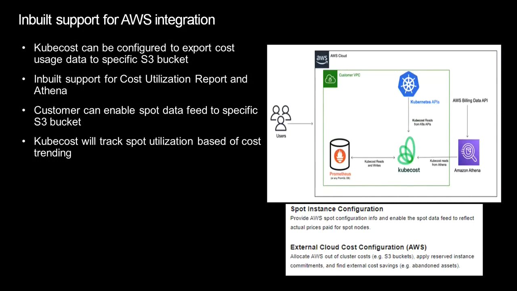Talking about integration with AWS, by default, if you want to use KubeCost, we would recommend you enable the spot data feed. That is a simple CLI command. What it does is AWS will use a specific S3 bucket which you will provide, and all the spot data utilization and cost details will be shared into that S3 bucket. So KubeCost will integrate with that S3 bucket, and it can identify how much cost is incurred if you are using any spot instances in the EKS cluster.